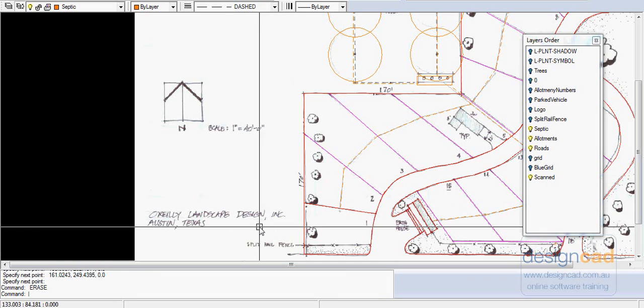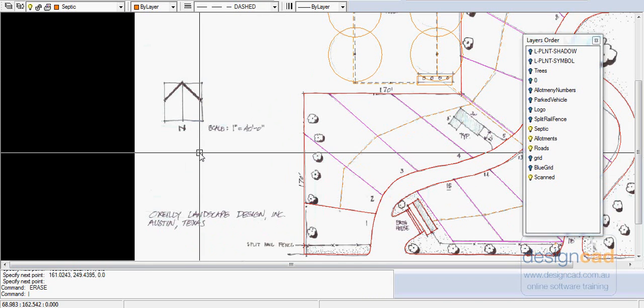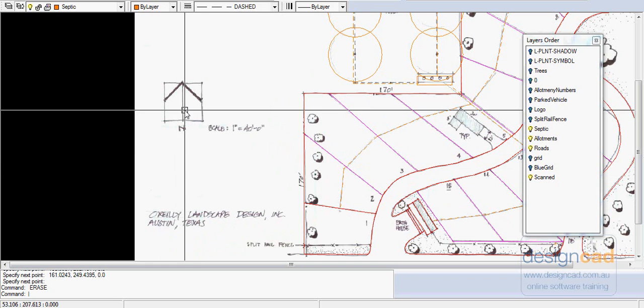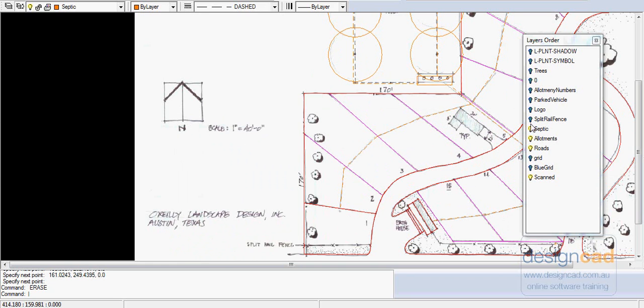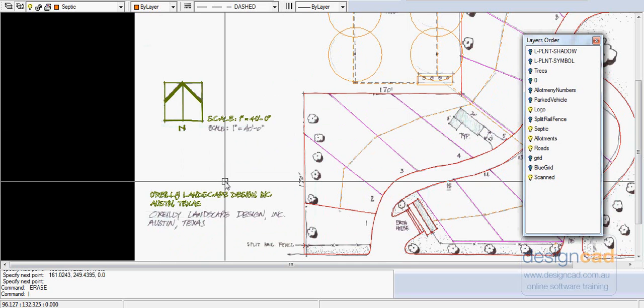You will note a particular style of hand drafting has been used, and the North Point has a rather nice sort of hand-drawn feel to it. What we want to do now is see if we can mimic that feel. And what we'll do is I'll turn on the logo layer, and what I've done is to create a text